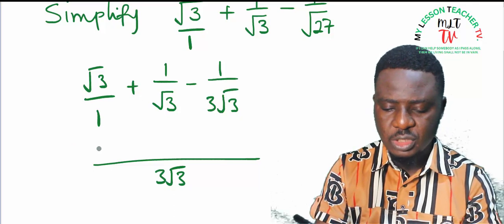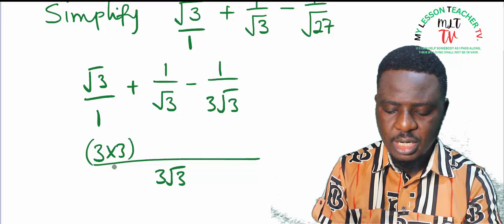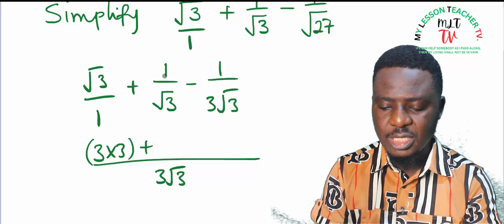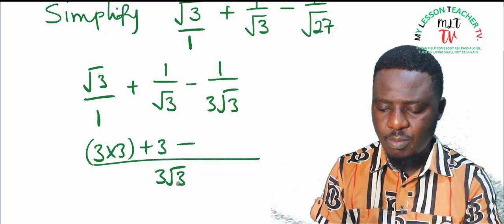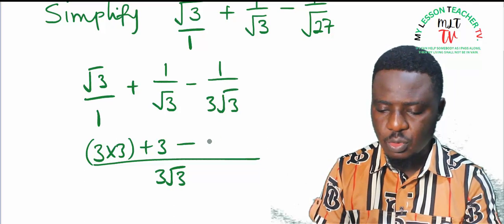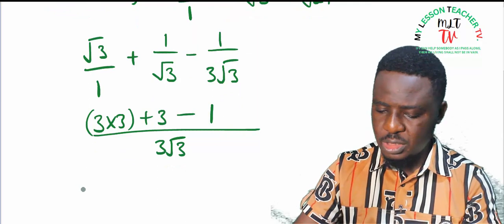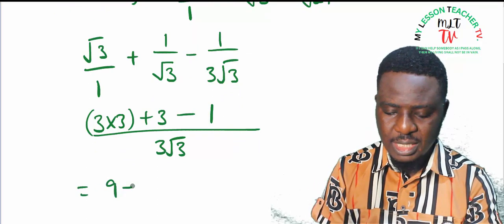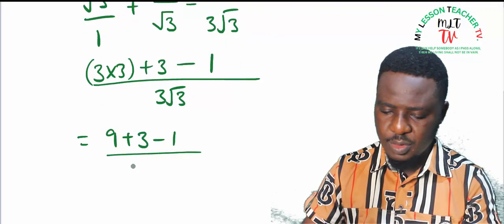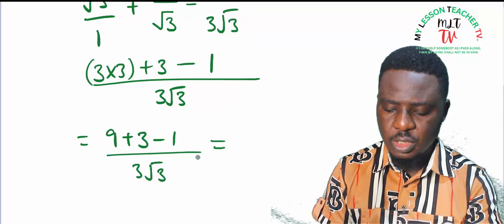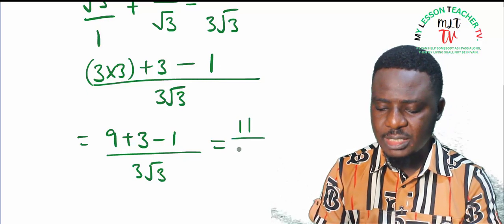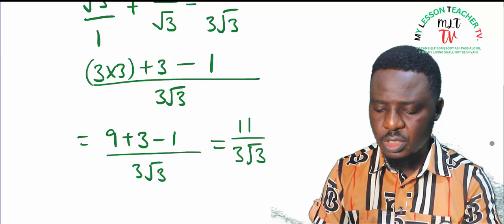3 root 3 times root 3 gives us 3 times 3. That will be 9. Plus 3 root 3 divided by root 3 is 3. 3 times 1 is 3. Minus 3 root 3 divided by 3 root 3 is 1. 1 times 1 is 1. So this is equal to 9 plus 3 minus 1 all over 3 root 3, and this gives us 9 plus 3 is 12, minus 1 is 11 over 3 root 3,